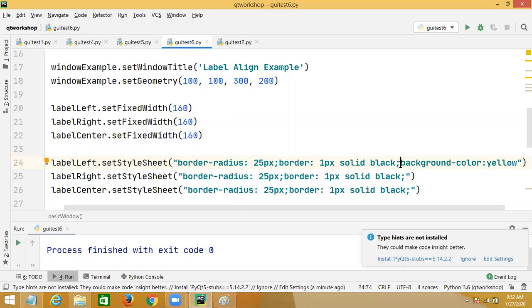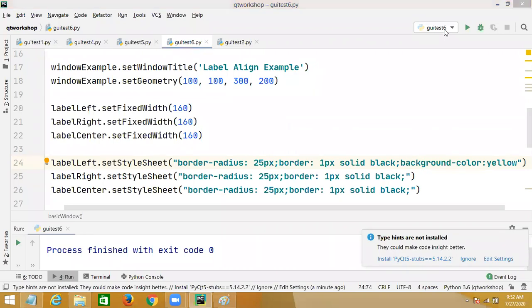That is background color changing, right? Okay, fine.